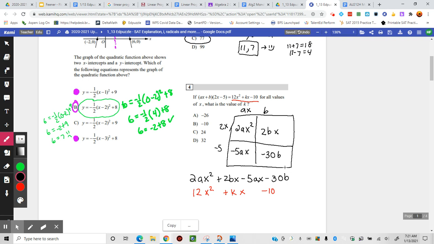All right. So that means that you're supposed to look and you need to figure out what A and B is. So that's really what it's asking. So if 12 is where this 2a is, you need to know that A is 6. So it's basically saying when you multiply these two together, ax and 2x, and it gives you 12x squared, you need to know A is 6 to make that happen. The other part is that you have negative,